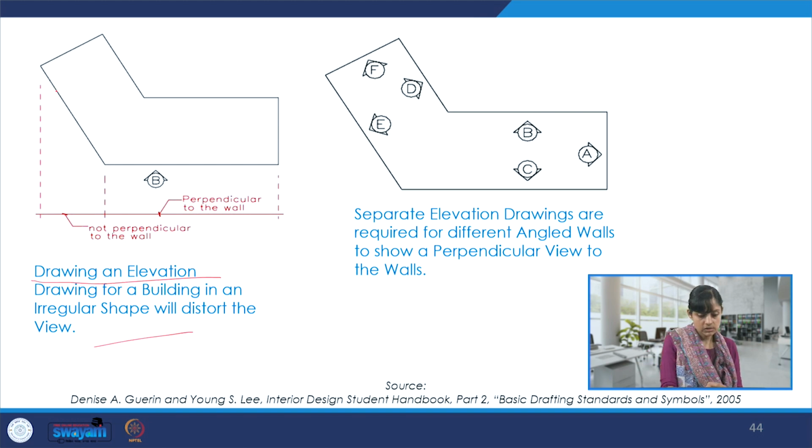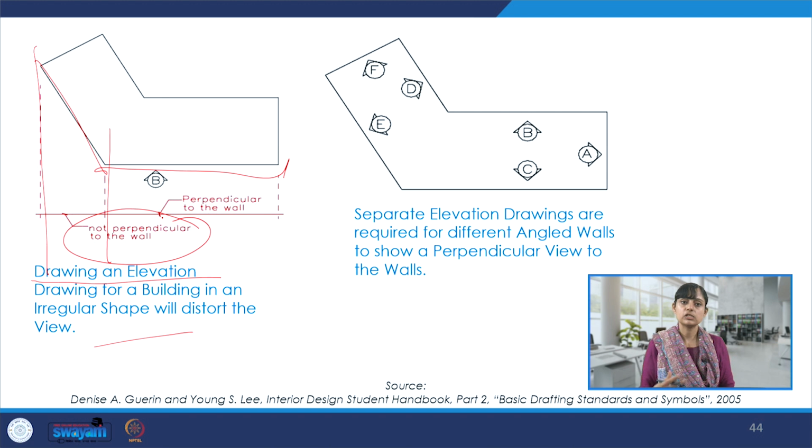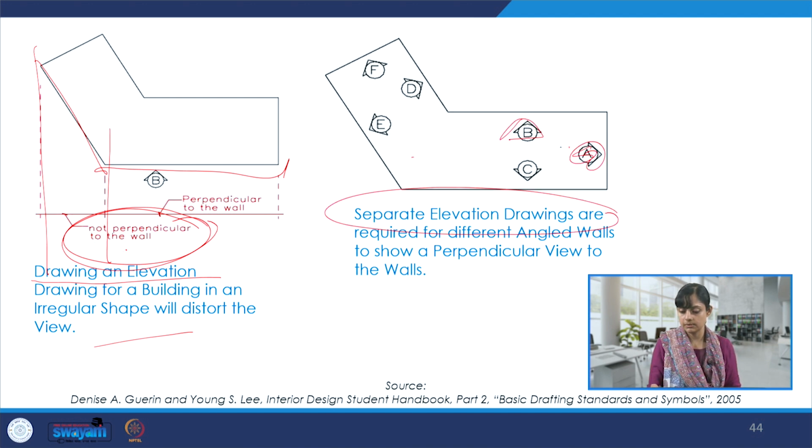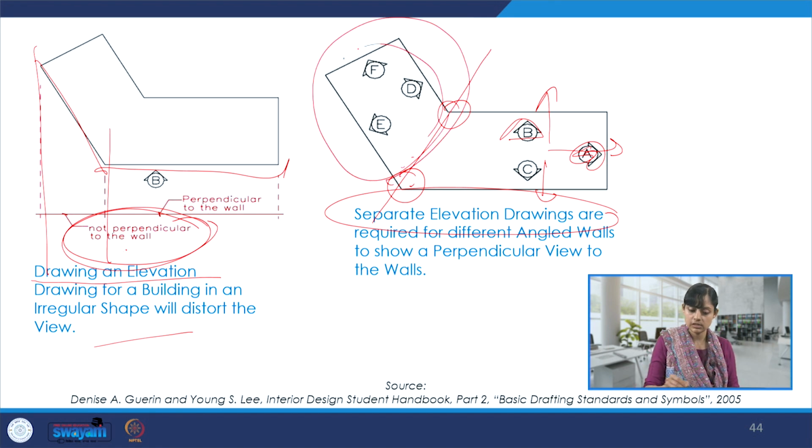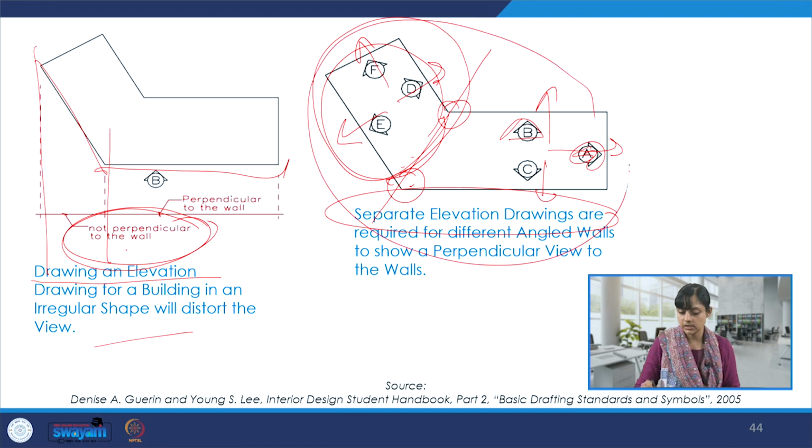Now it is also possible to have elevations for the surfaces or planes or walls which may not be perpendicular to the wall, or which may not be completely straight or maybe at an angle. So for that we can have separate elevation drawings, and the arrows and numbering always help. So this side elevation, this side, and since here we are talking about this angle, we could make other set of drawings for these surfaces. So looking at this plane, this one, and then this wall. So this entire set will help us conceptualize 360-degree of this space which the user is eventually going to inhabit and experience.